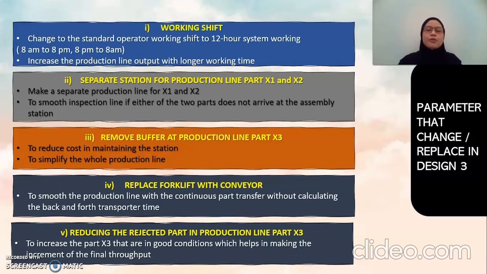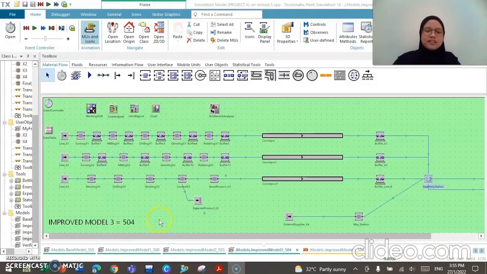And lastly, we're reducing the rejected part ratio in production line part X3. This is to increase the part X3 that are in good condition, which helps in increasing the final throughput of A1. Okay, so according to the improved model 3, there will be a total of 4